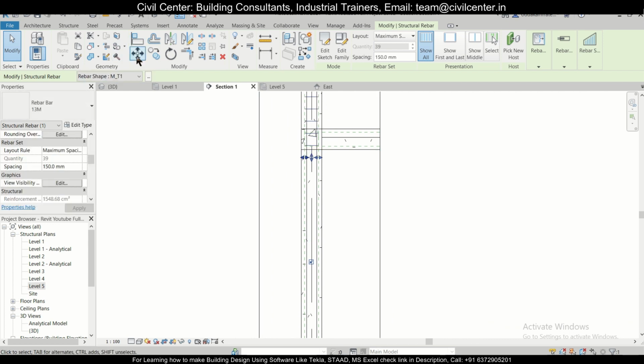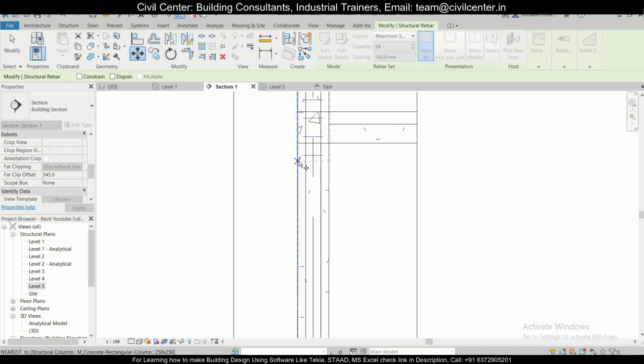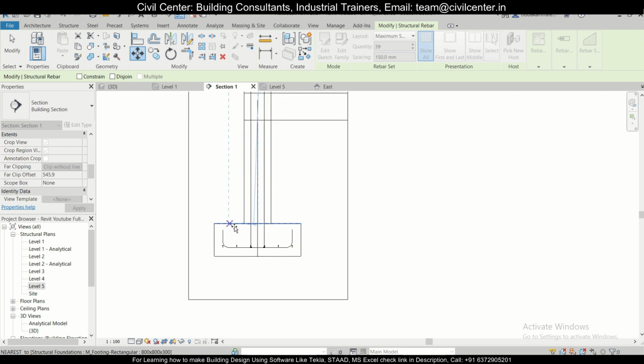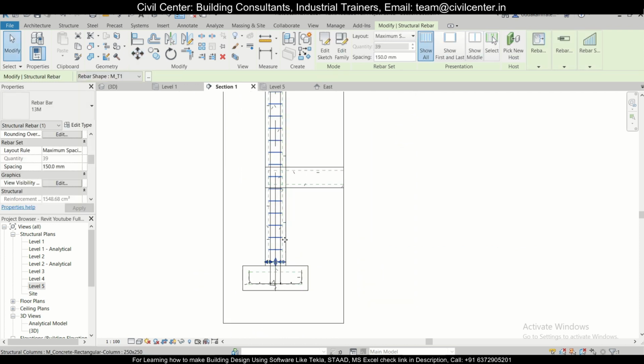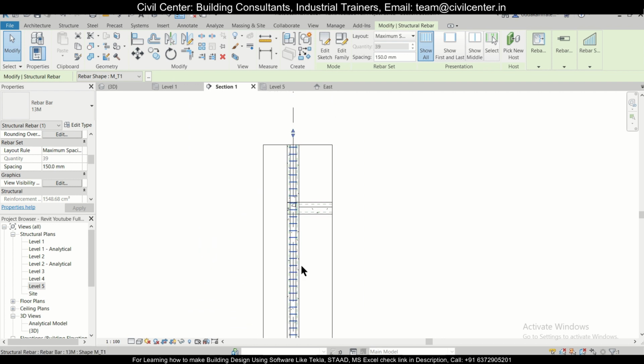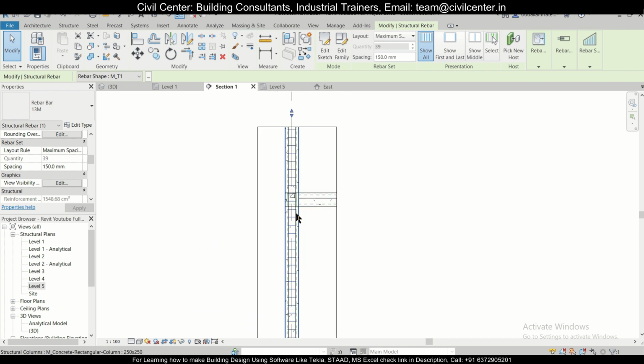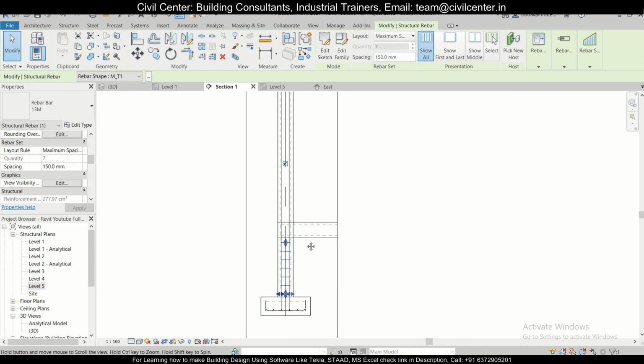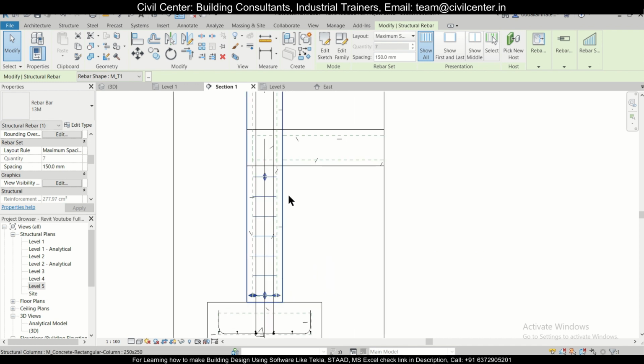You can just select this move, and then select this as a reference, and then just go below, and then select this as your reference. So now we have this full one. Just reduce this from the top, because now this is what we wanted actually to show you. So reduce this from the top up to this much.